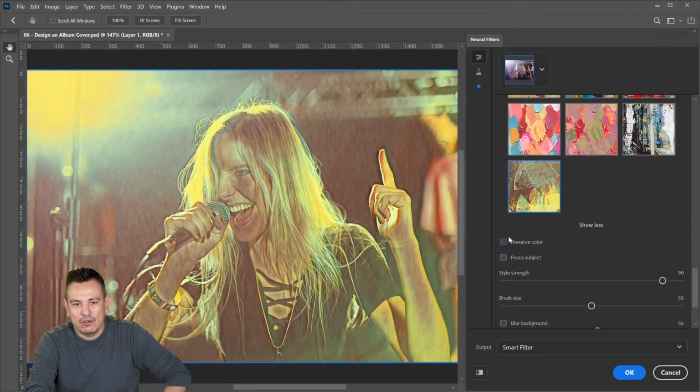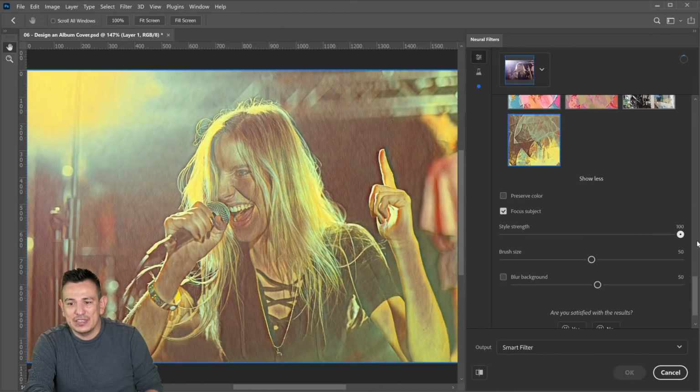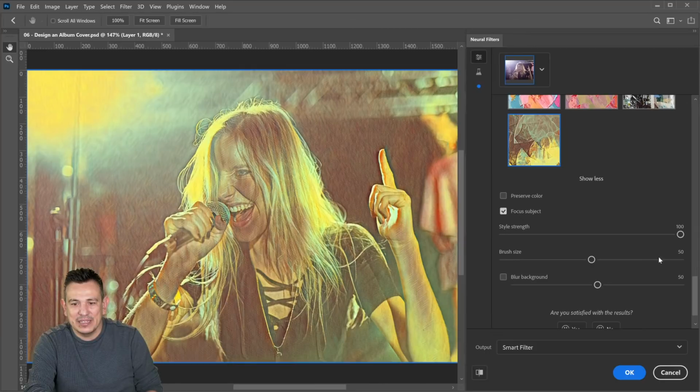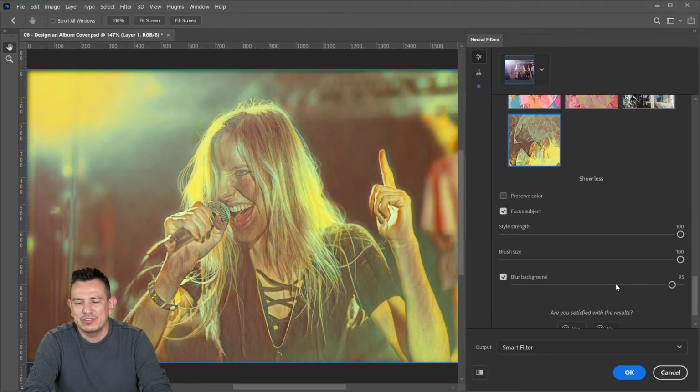So these are the colors that are found in the photo that we're sampling, and these are the colors that are found in the original image. So you have that option. You have the option to focus more on the subject if you like. You can adjust how strong the style is on your image. You can see the difference between very little strength and at 100%. You can adjust the brush size if you want to make the brush size thicker. You can blur the background. I necessarily wouldn't blur the background using this, at least in this particular image that I'm using, but you do